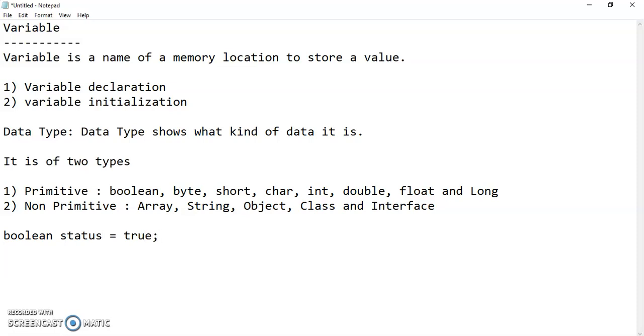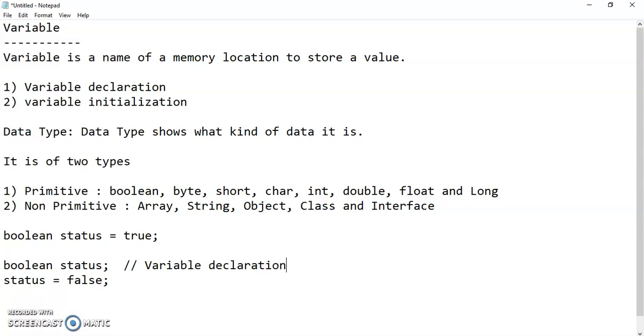In Java, I can declare a variable and initialize it in a single line, or else you can also write like this: boolean status, and status is equal to say false. So this is called your variable declaration, and this statement is called your variable initialization.